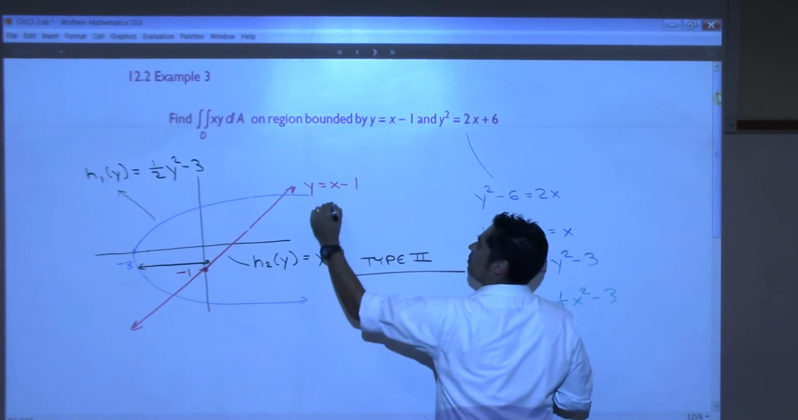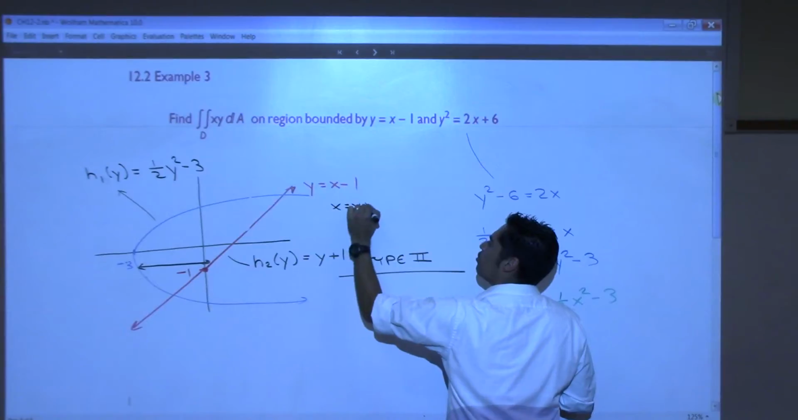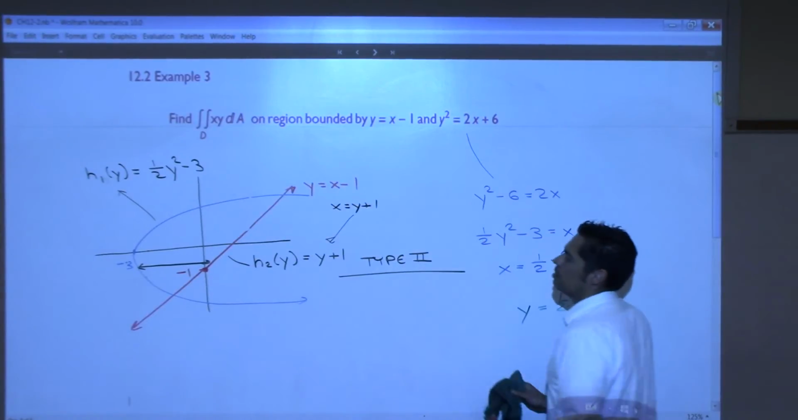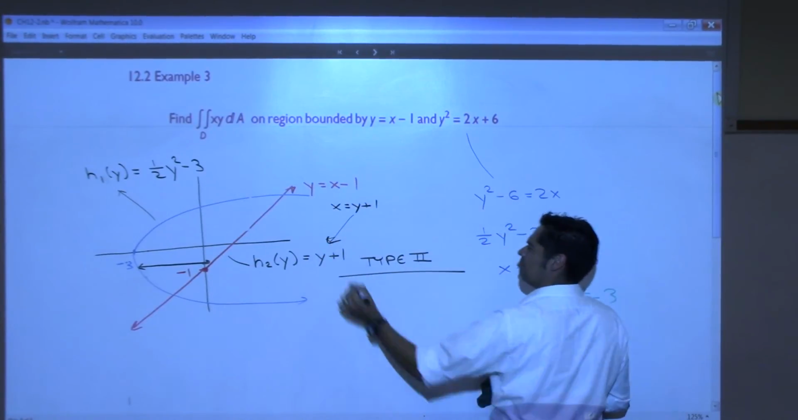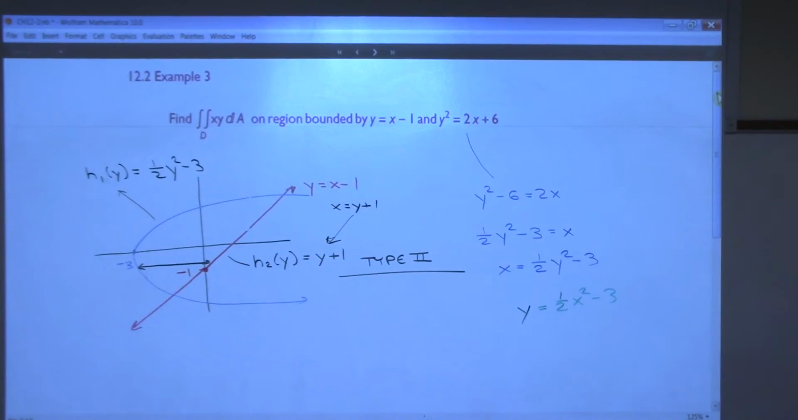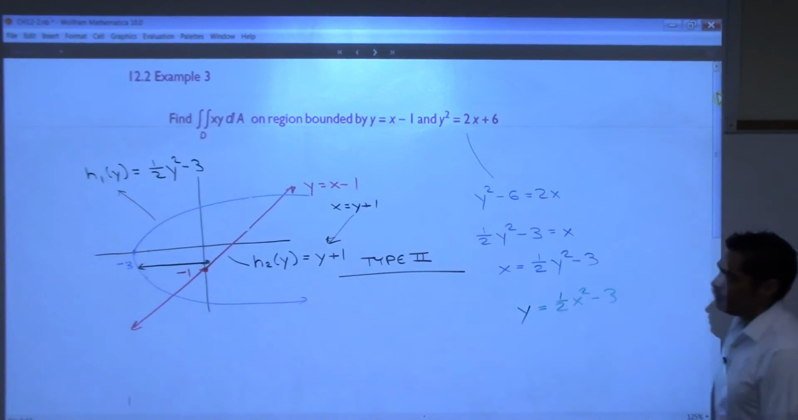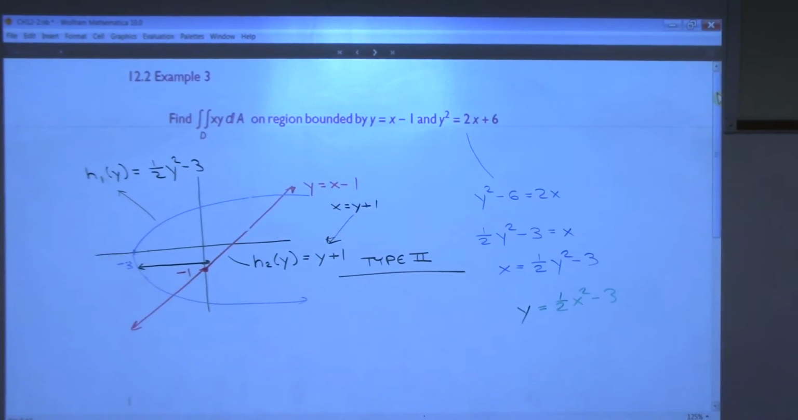So take this. That's x equals y plus 1. That's how I got to this. That's an arrow. No questions? What else is still out here for me to resolve? Bounds on